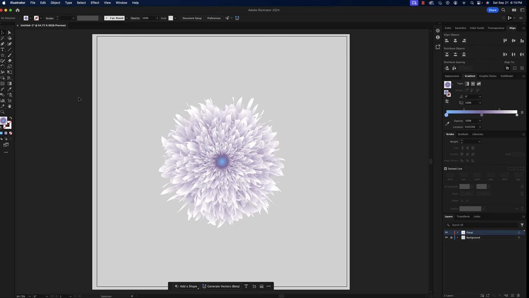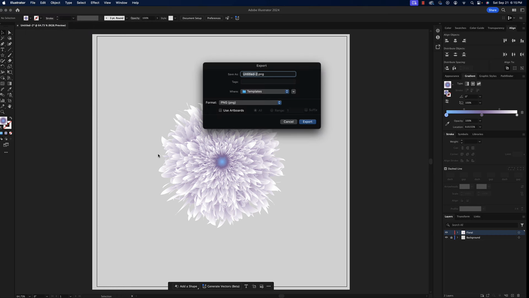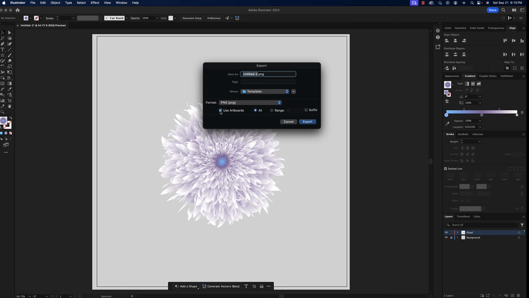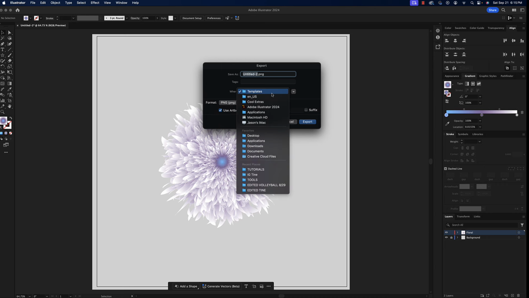And if you want to export this correctly, after you've saved everything, of course, as you can see, we have some stuff hanging off of the artboard here. Let's always make sure we go File, Export, Export As. And down here, no matter if you're using a PNG or JPEG, whatever, always click on Use Artboard so that we get rid of this junk hanging off of the artboard. After we've done that, just select it, name it whatever you want, and make sure that you